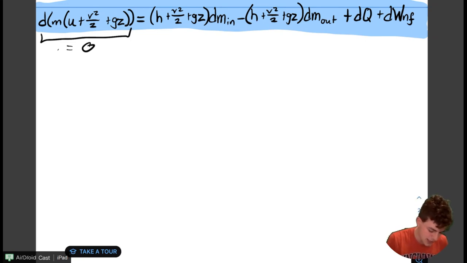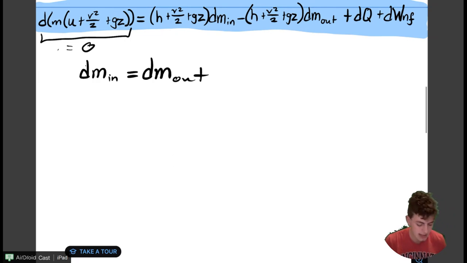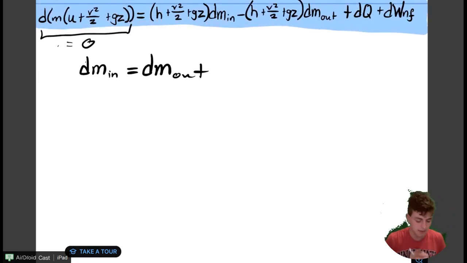Now, I'll write this down more succinctly here. In a steady state system, we know that the derivative of mass entering the system will be equal to the differential of mass leaving the system. Therefore, I'm no longer going to use the subscripts in and out below this general energy balance equation. Now, similarly, when dividing the entire equation by dm and moving this term here to the left side will give us the equation